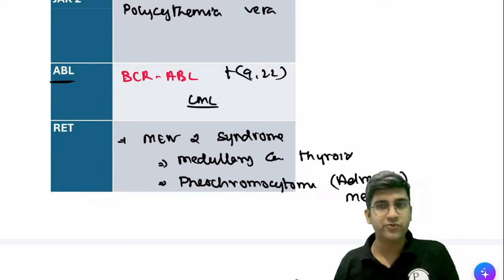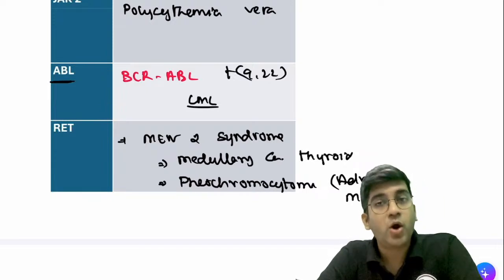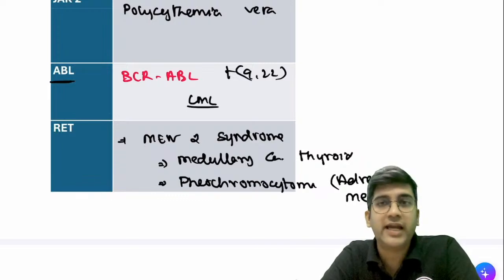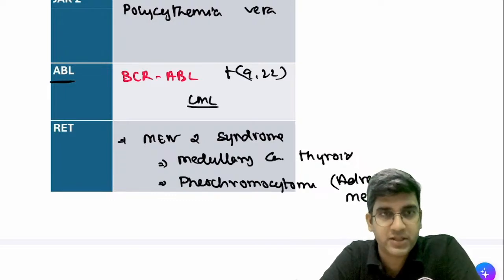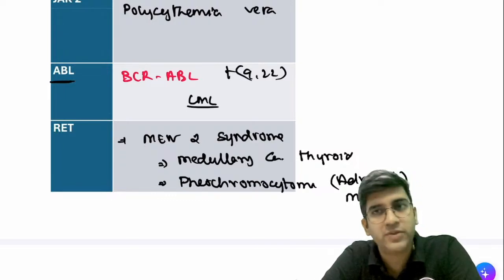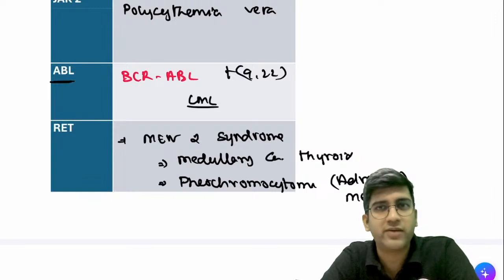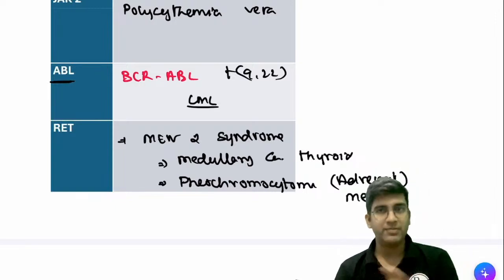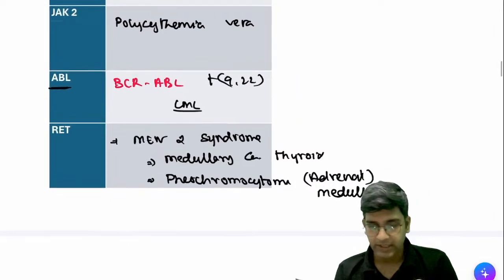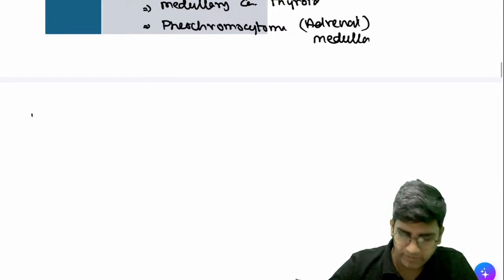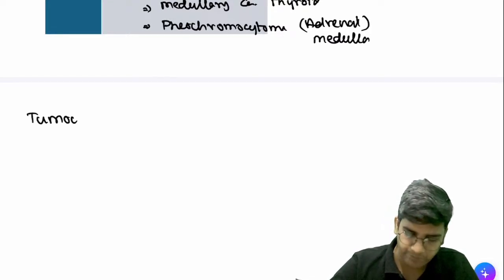Fine. Okay, these are few proto-oncogenes which is required. All these proto-oncogenes are involved in the management of patients. Only things which are involved in the management we have to remember. Rest everything is not required for us to remember, right? These are something which is must to remember. Fine. Okay. Now let's have a quick look about something called tumor suppressor gene also.